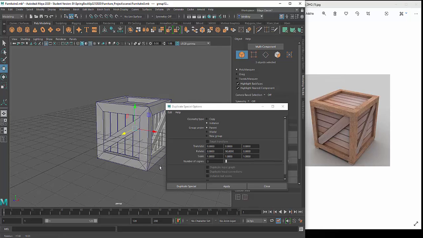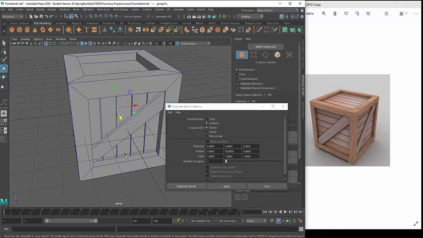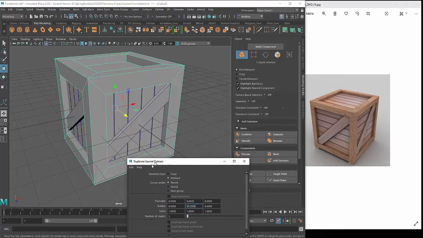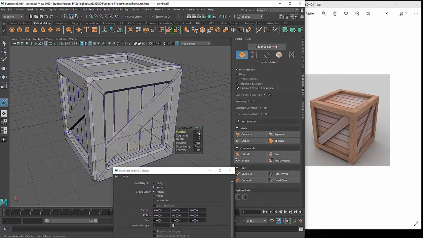But pretty much that's it. Pretty easy to do for a crate. You can then add bevels wherever you want. Bevels, pretty much you could bevel everything on here, I would suggest. So if I select this piece of geometry, and click bevel, and then keep the bevel nice and tight, maybe with 0.2,